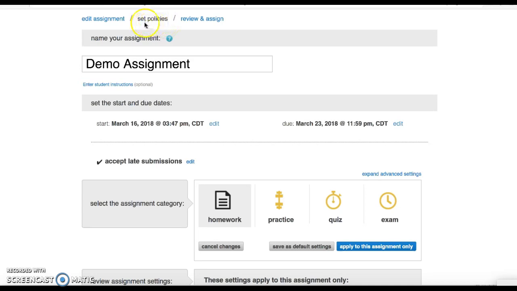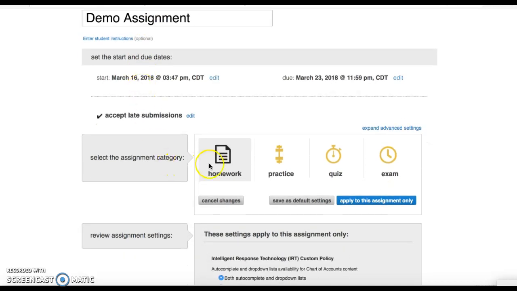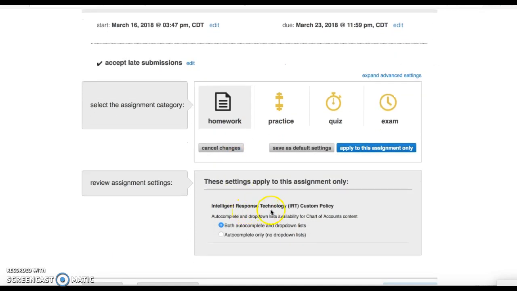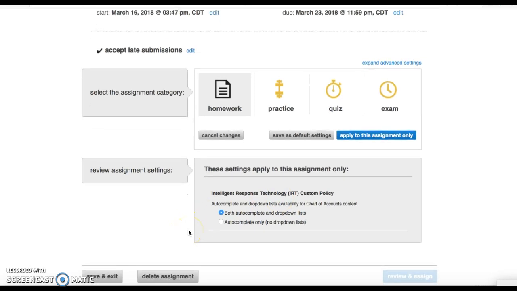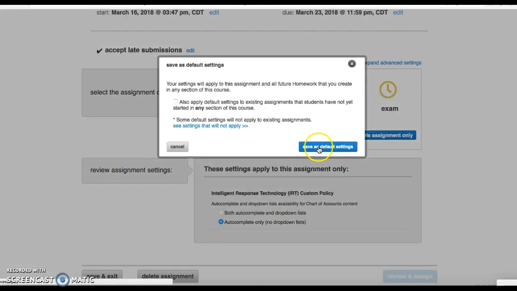I'm on the Set Policies page where I have the opportunity to pick what type of assignment this is. Right below the area where you choose your assignment type and look at those settings is an area that is called Intelligent Response Technology Custom Policy. Here you'll notice that the default, whenever you create an assignment, is going to have both autocomplete and drop-down list options for your students. If you decide you do not want the drop-down list, you'll simply click the second option here, autocomplete only, no drop-down lists, and then you'll want to save that as a default setting,